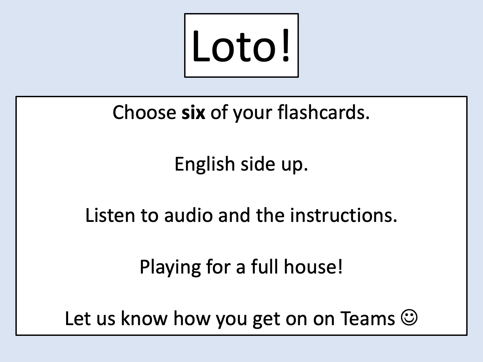So we'll do 1 round. Each time I say one of the words that you've got, you're going to remove that piece of paper from the 6 that you've got in front of you. Hopefully, if you're lucky, you might get rid of all 6 of them. Once we've finished 1 round, we will start again. So you'll start again with 6 pieces of paper and continue from there. So you're not just keeping going all the way through, hoping that you'll get rid of all of them. Each round, you're starting afresh with 6 pieces of paper. You'll probably want to pause between each round just to get yourselves ready. Okay, so I would pause now too to get ready with your 6 pieces of paper, English side up, and we'll make a start with loto.